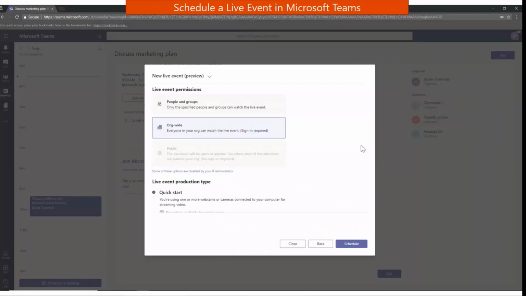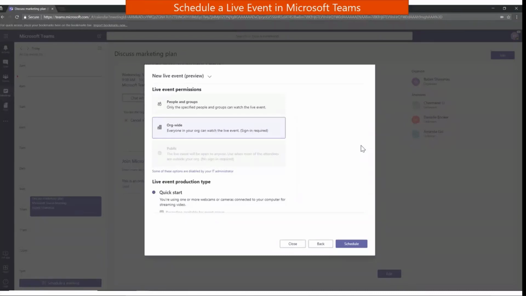If it's an org-wide live event, you would just need to sign in as an employee, but everyone in your organization can attend. That would likely be the default option for the type of use that you might have, but you might also have a division having a live event, and in that case, you will probably pick the people and groups option, to be able to specify who can attend this live event.